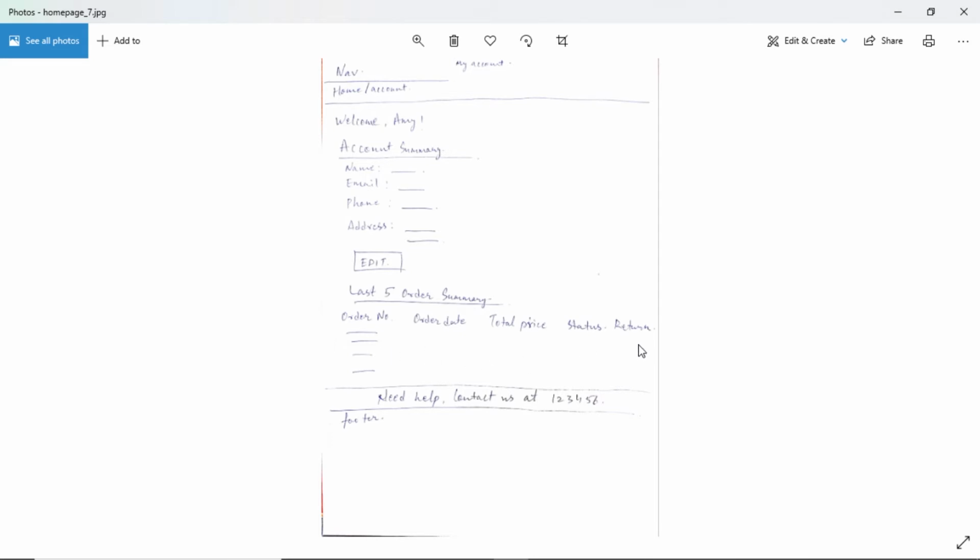In the next section, we will provide the last 5 order summary, where user will directly have the option to return or refund or ask for any complaint in this section directly. Or if he wants to go to any older orders, we can have a see all button here that will provide an option to go to all the orders that are available in the account. This is again a try so that user don't have to do a lot of things to raise a complaint